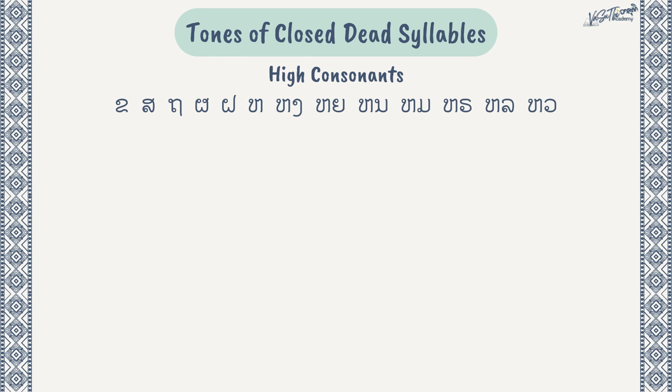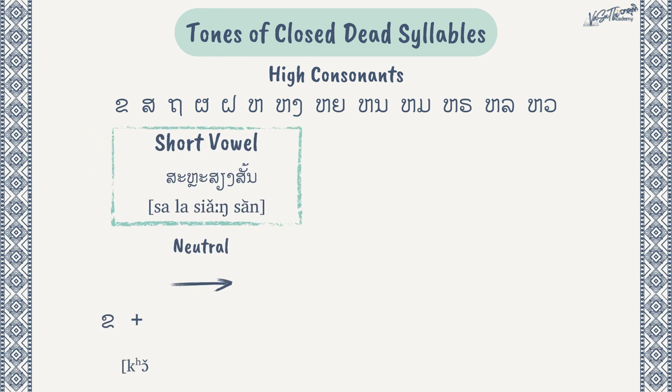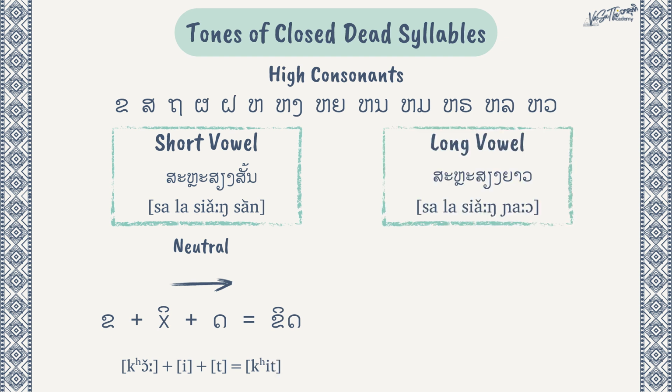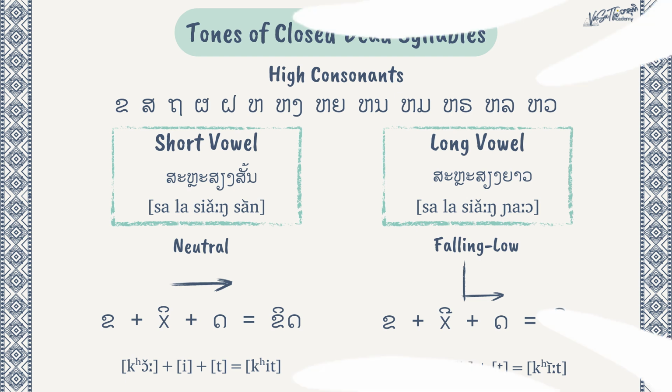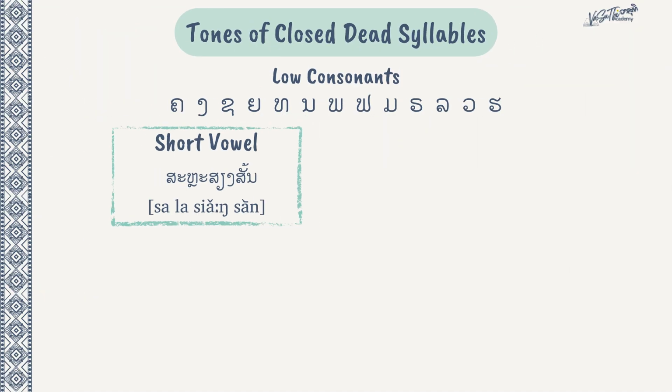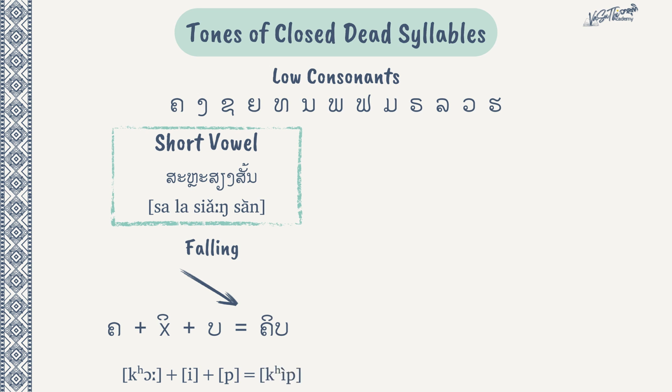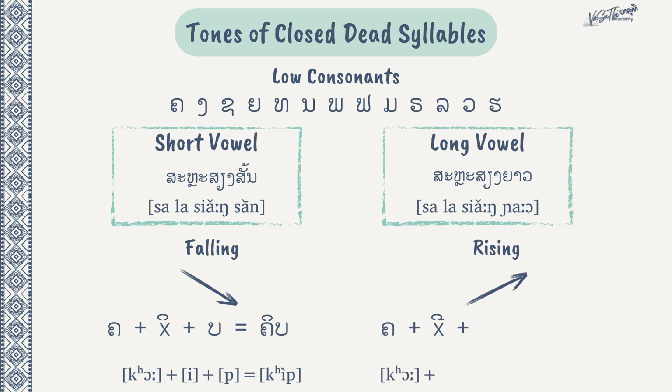If the initial consonant is a high consonant with a short vowel, the tone of the syllable is neutral. ขออิดคิดคิด If its vowel is long, the tone is falling low. ขออีดขีดขีด If the initial consonant is one of the 13 low consonants accompanied by a short vowel, the syllable has a falling tone. ขออิบคิบคิบ And if its vowel is long, the tone of the syllable is rising. ขออีบคีบคีบ